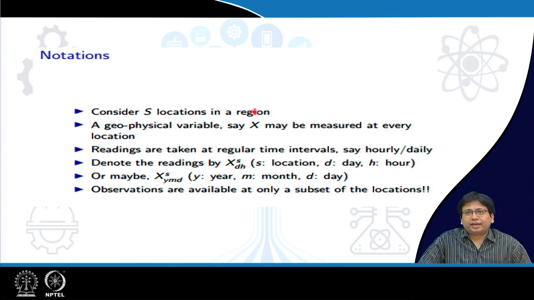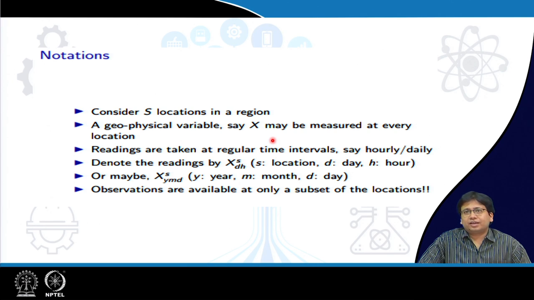This means that there may be spatial variations within the grid box also, but we can consider its average value. Of course, that will make sense only if the grid box is small enough, otherwise we do not want to take an average over a region which has a high variance. So, either we will consider that the earth surface or the region in consideration is divided into small grid boxes, at each of which we are taking readings, or we can have what is known as